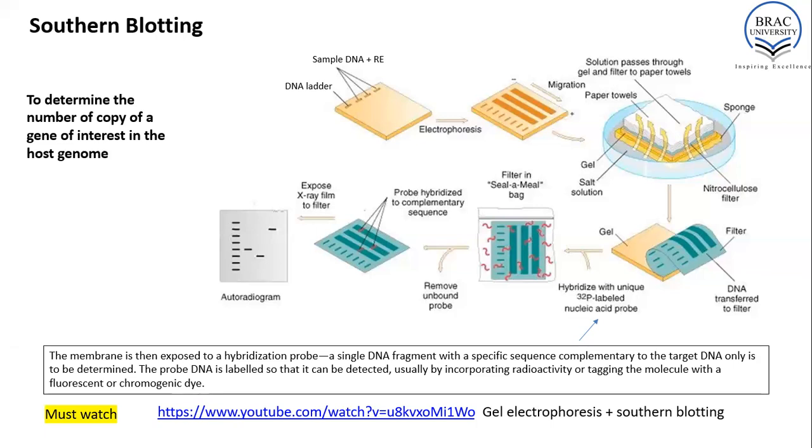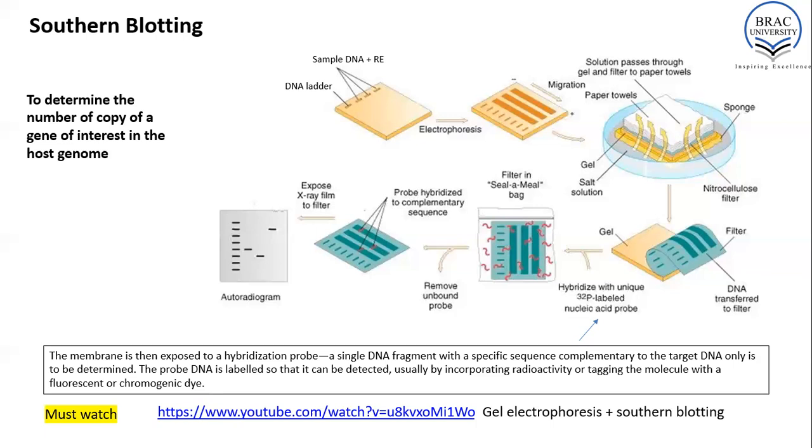Mostly it is a nylon membrane, the genomic DNA. After the transformation, nitrocellulose membrane, not the nylon membrane, sorry about that, nitrocellulose membrane. And then this nitrocellulose membrane is fixed with UV radiation, and then it is hybridized with the